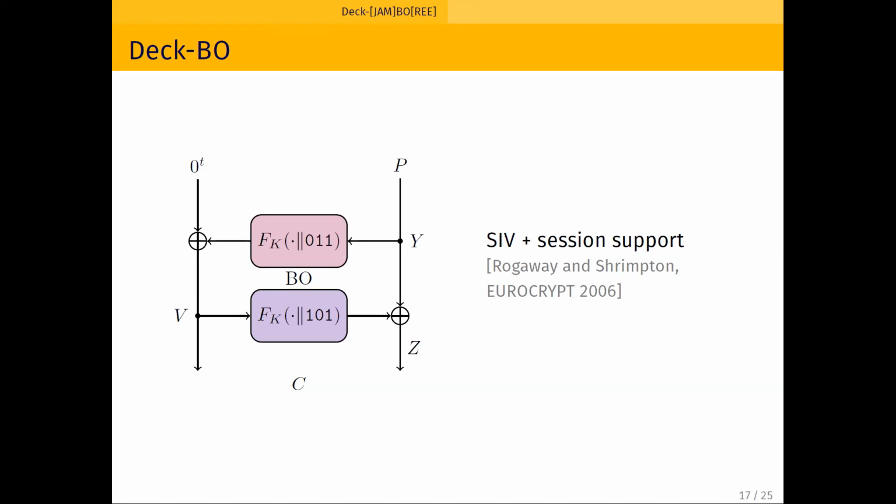So you have probably recognized the SIV mode, just expressed as a Firestone network. So DEC Bo is essentially the SIV mode with the support of sessions. So I don't explicitly make the support of session on the slide, but if you read the paper, you will find all the details how to have the full session support. Okay, so that's good, but this mode can be made more robust by also making sure that it's resistant against